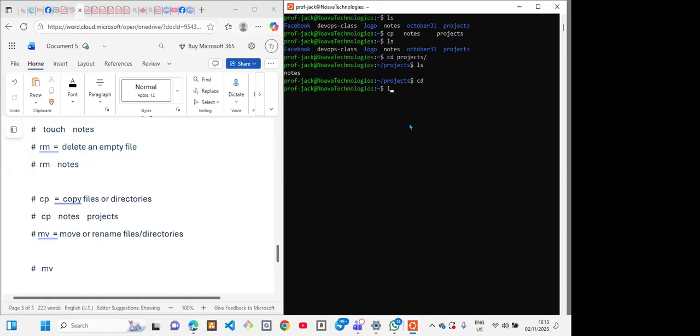Now, we already have ls here. We have our file called Facebook. Our directory called Facebook. We have a directory called logo. We have another directory called October 31st. We also have another directory called projects. Then we have a file called DevOps class, and we have a file called notes. So assuming we want to move DevOps class into October. But before we move DevOps class into October, we want to rename October 31st to November